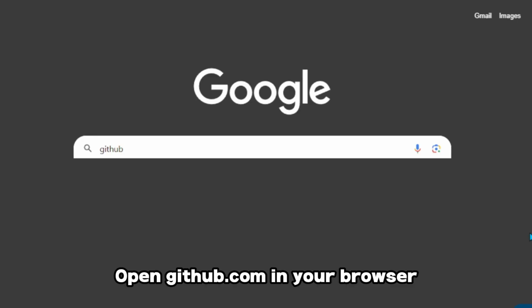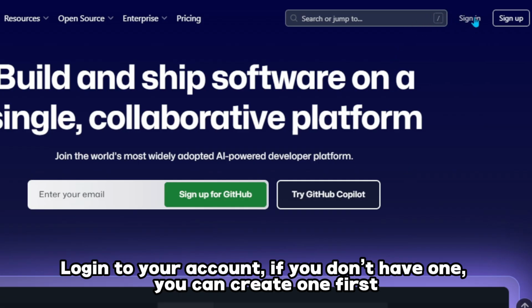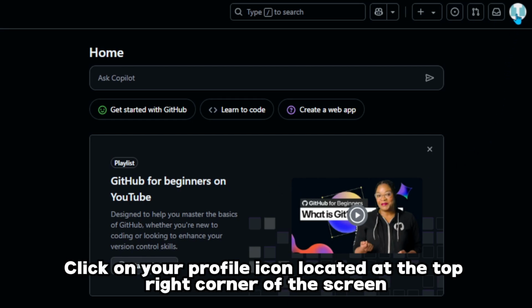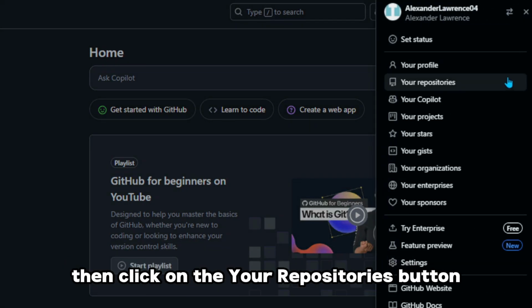Open github.com in your browser. Log into your account. If you don't have one, you can create one first. Once you're logged in, you'll be directed to the GitHub homepage. Click on your profile icon located at the top right corner of the screen, then click on the Your Repositories